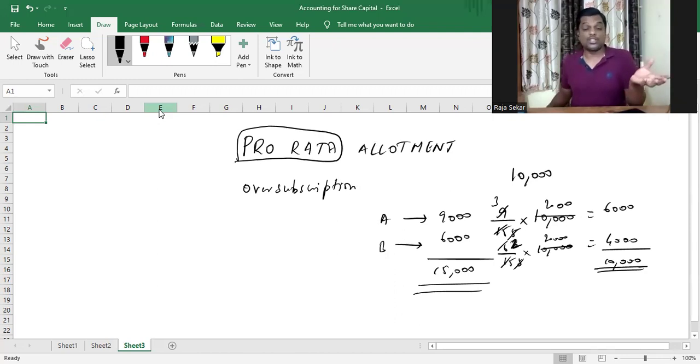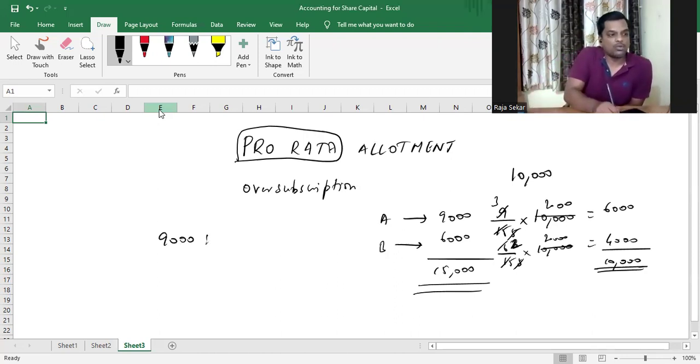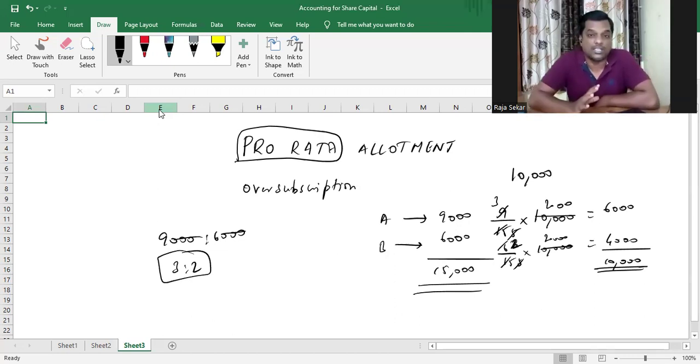We are giving some shares to A and we are also giving some shares to B, but we are giving it in a proportion. We are giving it in the proportion in which these people actually subscribed for the shares, applied for the shares. The proportion in which they applied for the shares is 9,000 is to 6,000, and if you simplify it, it turns out to be 3:2. We are dividing the available shares with the company in the proportion in which each applicant has applied for the shares. Understood or not? Now, this, my dear children, is called pro rata allotment, and this plays a major role in companies allotting shares to applicants in the case of oversubscription.